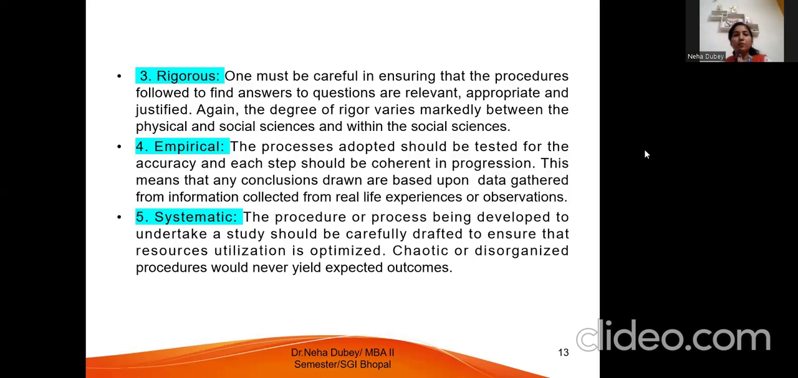The processes adopted should be tested for accuracy, and each step should be coherent in a progression. Means each and every step is in a consequential manner, so that coherence and progression are possible. This means that any conclusions drawn are based upon the data gathered from information collected from real-life experiences or observation. Sometimes we collect secondary data for doing the research. So the secondary data, you